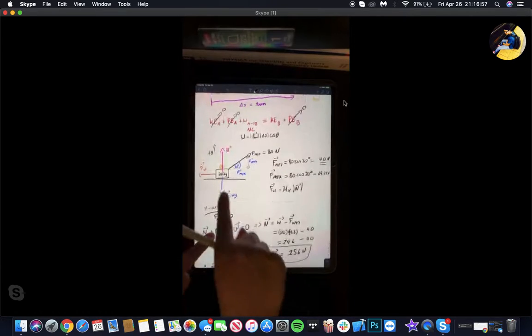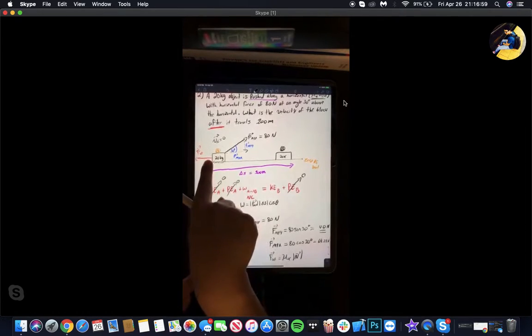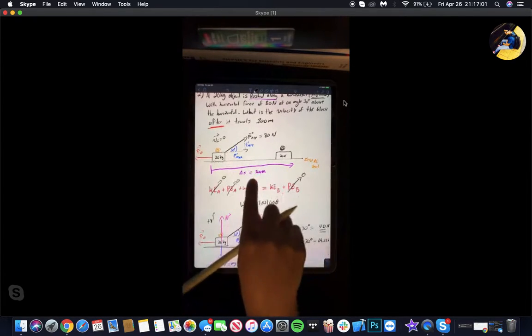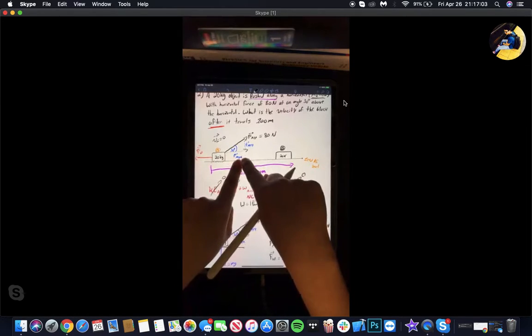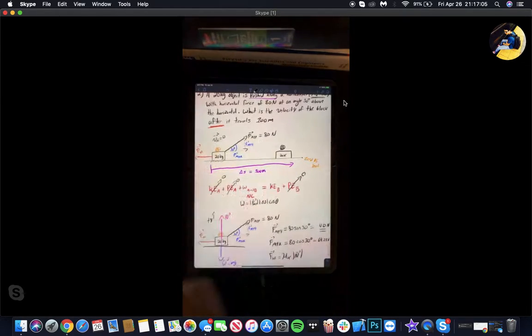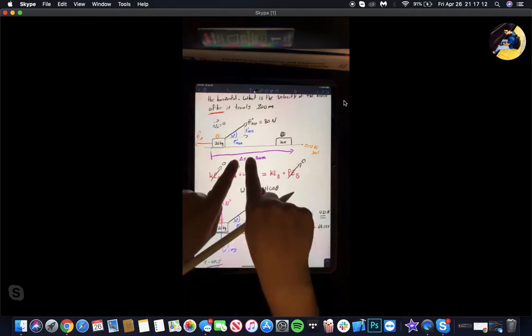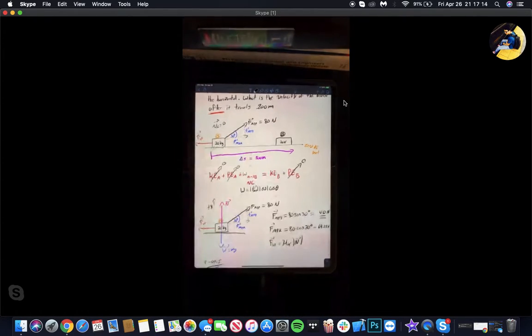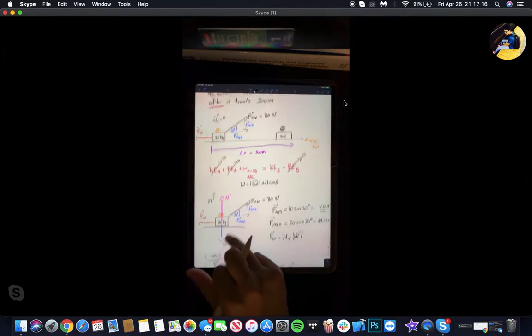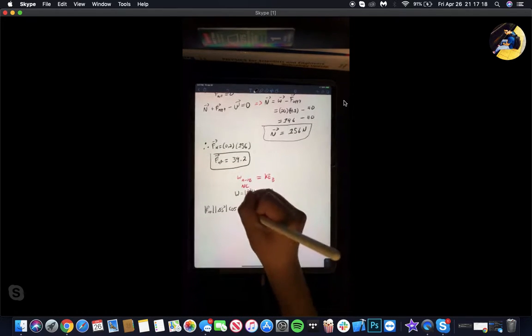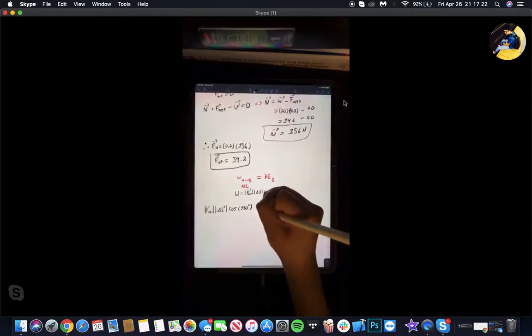But what's the theta? What's the angle between F applied x and kinetic friction? What you should ask is what's the angle between the displacement and the kinetic friction. Which here is 180. This will be plus